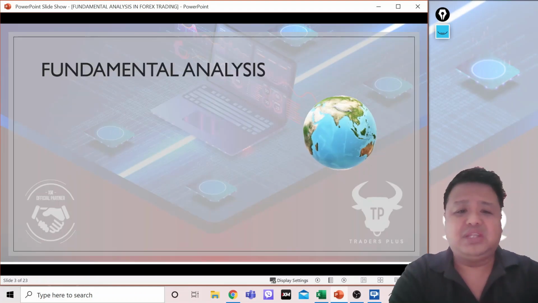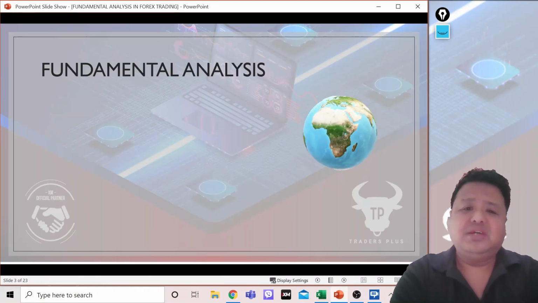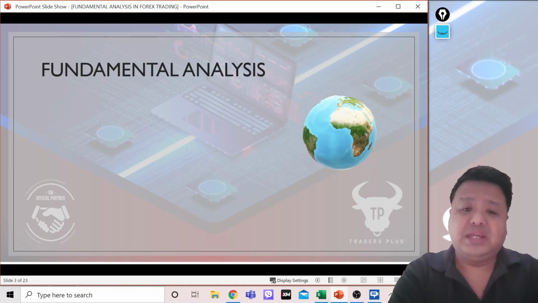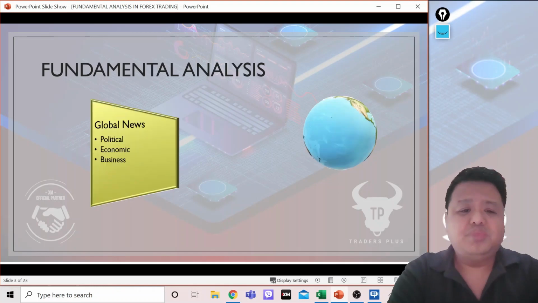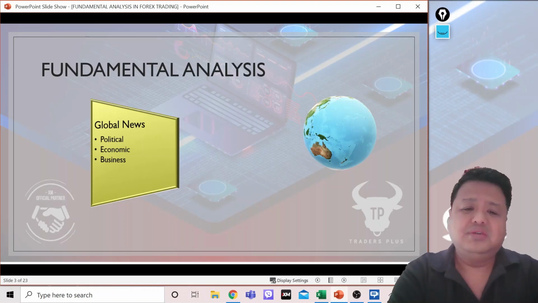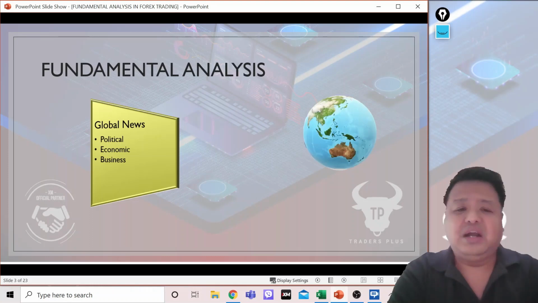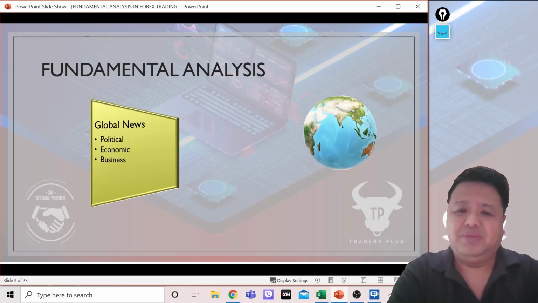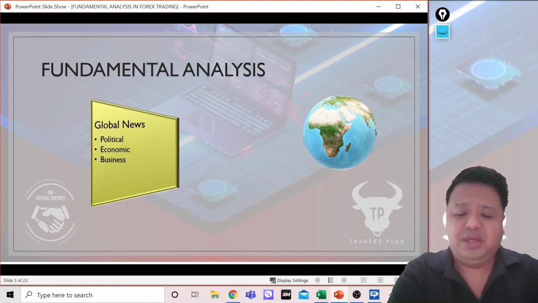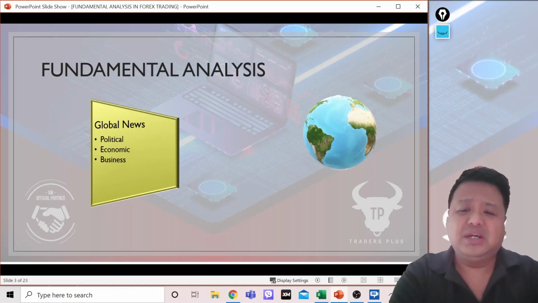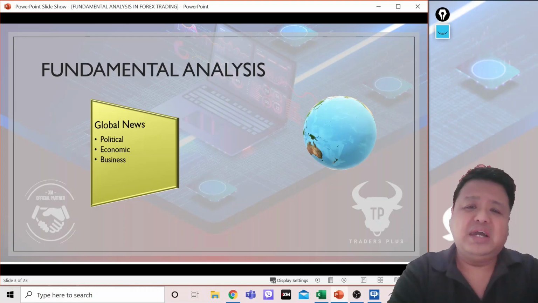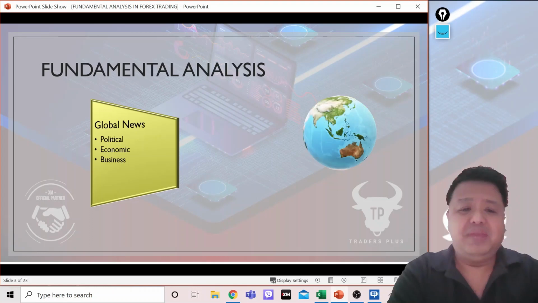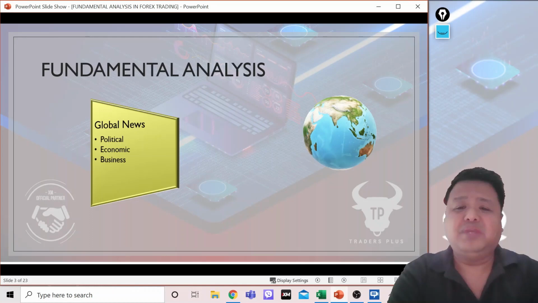Kung saan, ang mas tinitingnan natin ay yung economy kasi ang tinitrade natin ay currencies ng mga bansa. So, we are reading the global news, political, economic, business. Sa stocks ba, nakaka-apekto rin yan? Opo, pwede pa rin. May macro and micro yun eh. Bakit po? Kasi, halimbawa, may regulasyon yung gobyerno na hindi pabor doon sa kumpanya o sa industriya na kinabibilangan ng kumpanya. So yung operations nila, yung benta nila maapektuhan. Kaya meron pa ring impact ang mga macroeconomic tsaka mga news sa stock market.